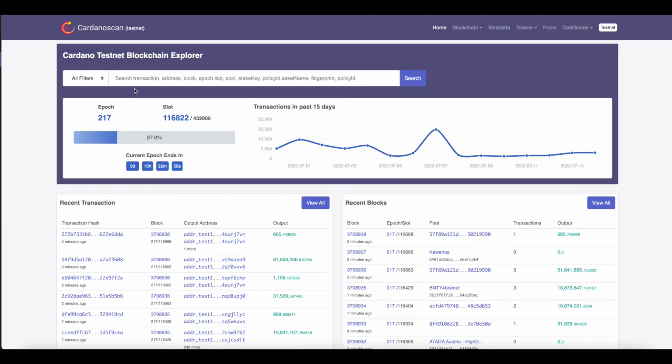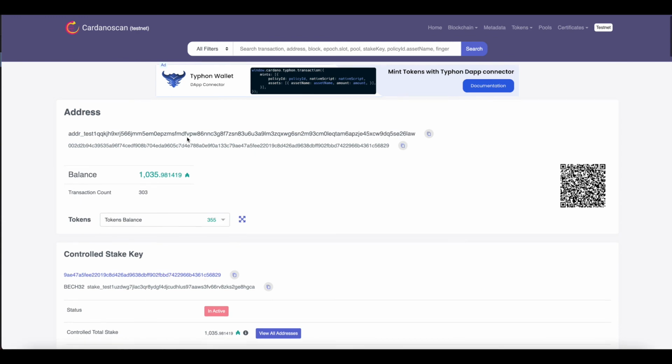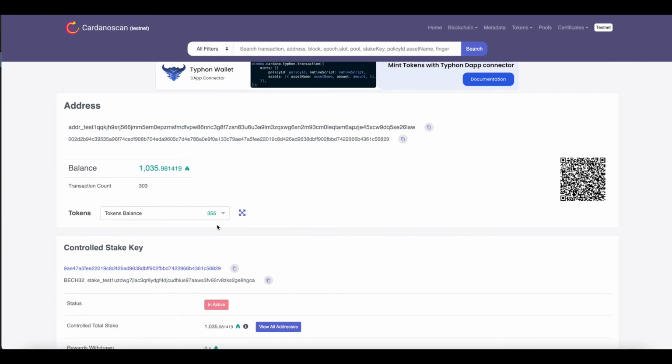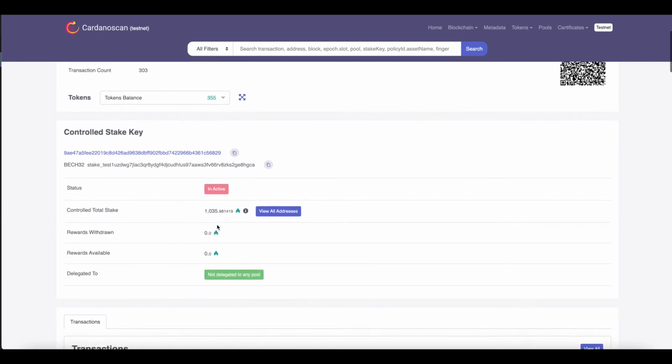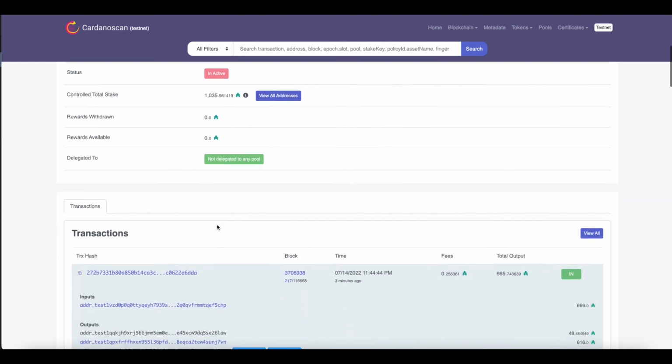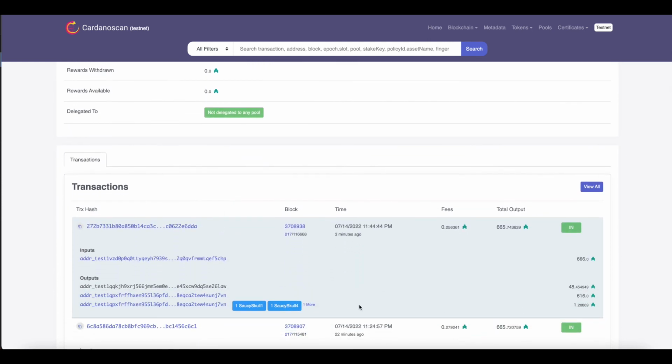So let's head over to Cardano Scan, and we can search on testnet for the profit vault address. And I've been testing around with this. Obviously, there are hundreds of tokens in it. But what you can see at the very top is a new in transaction. And you can see the Saucy Skulls have been minted back to the user, but we are also collecting 48 ADA in profit to this vault. And that, as a reminder, is the hardware, typically a Ledger or a Trezor, that we'll use to store our